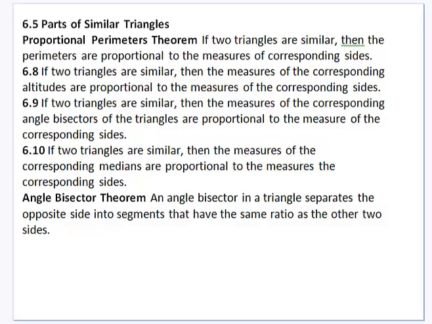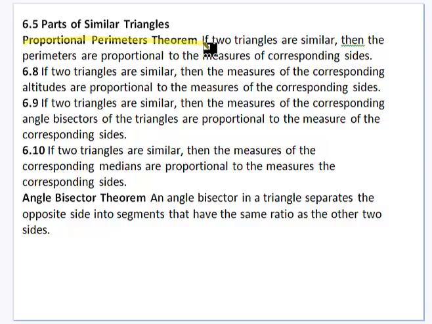So there's a whole bunch of theorems and definitions here, but all the theorems are telling us are that there are other proportions we can set up if two triangles are the same. That's the only thing that it's telling us. So,